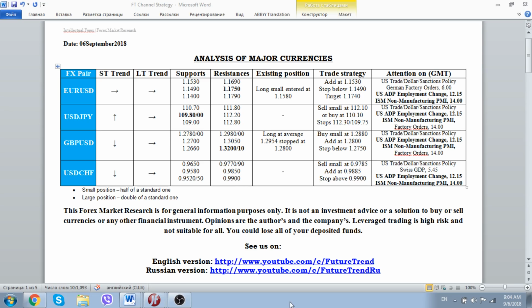Point of view how to trade major currencies in the world foreign exchange markets for the date of 6th of September 2018. At the moment, the United States dollar is still continuing to be in strong demand because of rising trading disputes between the United States and some other parts of the world. First of all, of course, at the moment, China and Canada. And also subsiding currencies of emerging markets continue to support the United States greenback.